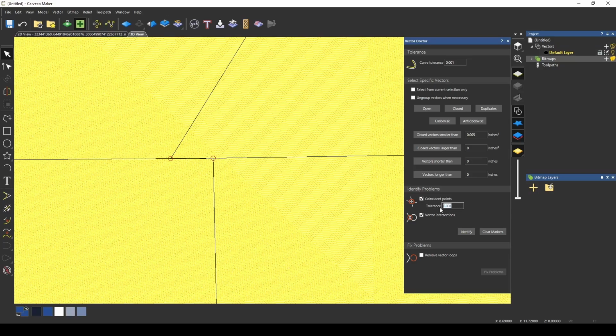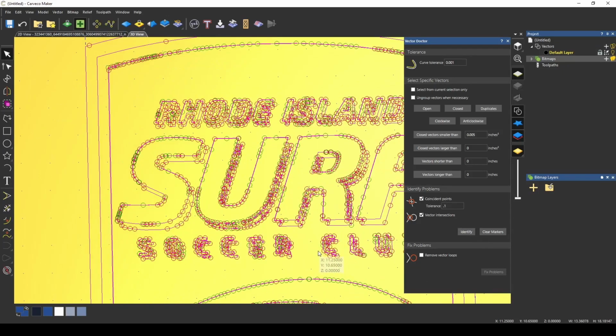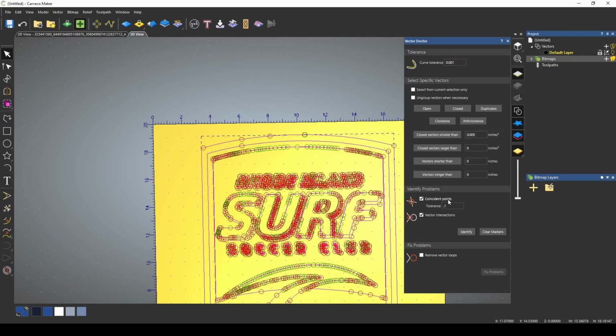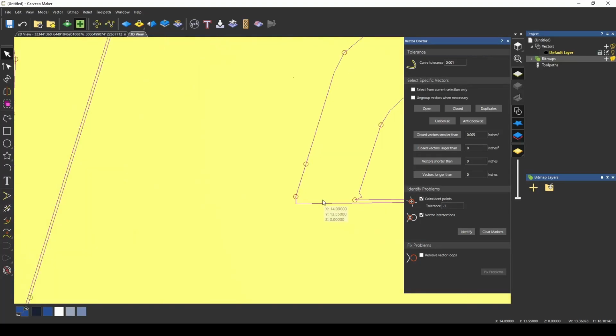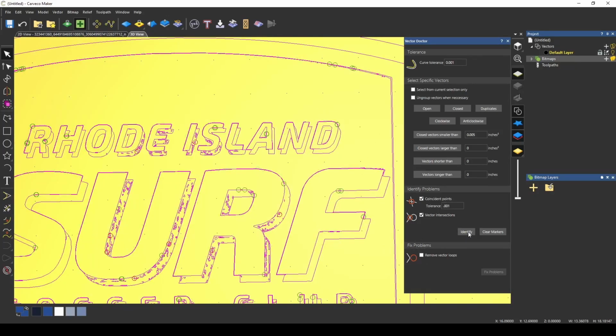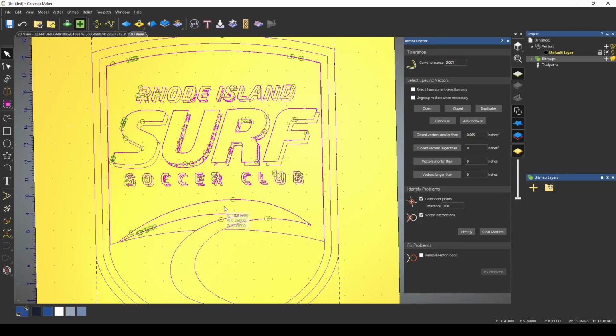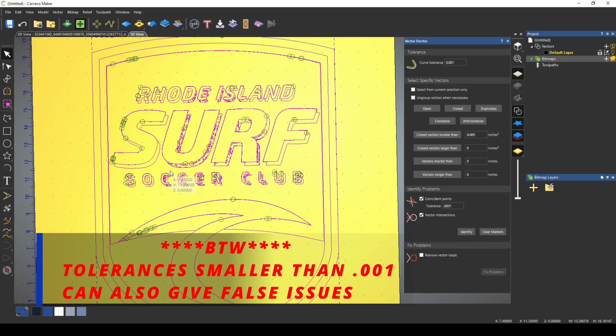If you have a 0.1 tolerance in your coincidence points, you're going to end up with a lot of vector issues. And that's because the tolerance for these errors is very large. You want to make the tolerance much smaller, 0.001. This will make it easier for the software to find the major issues. The less tolerance that you give it, the fewer coincidence nodes that you will have.